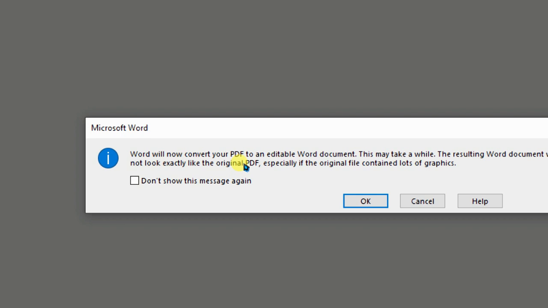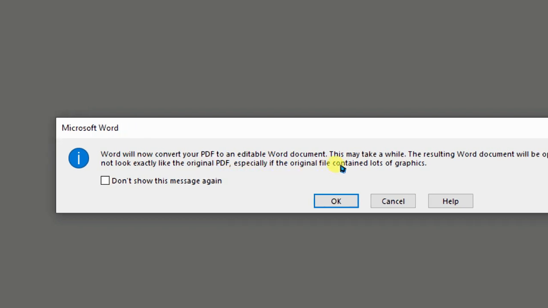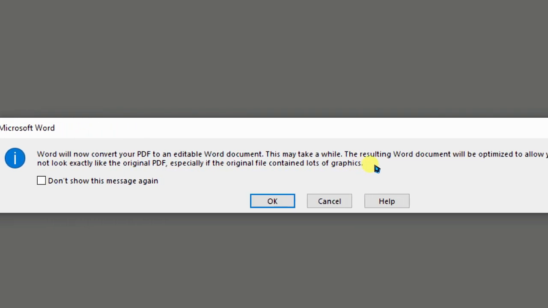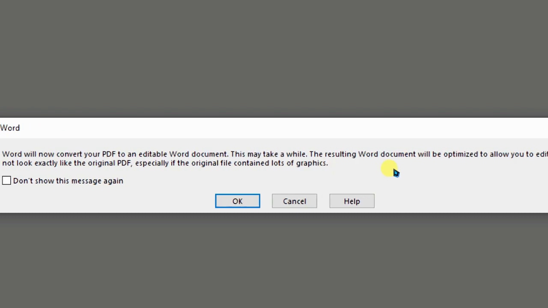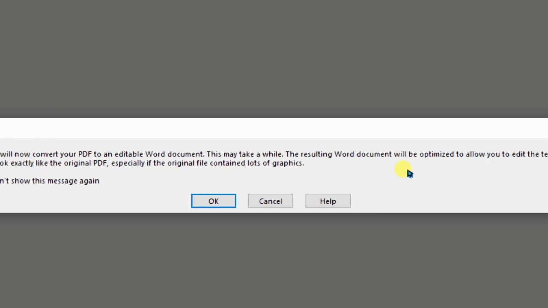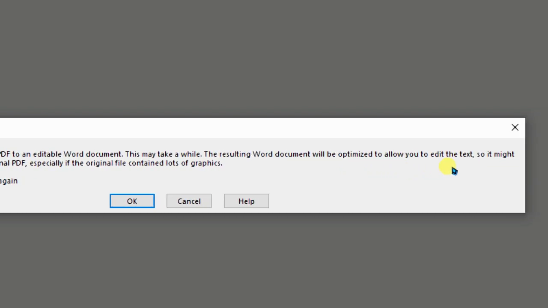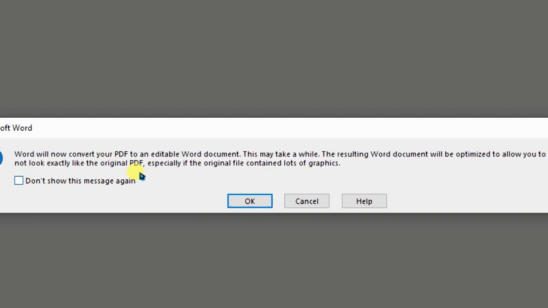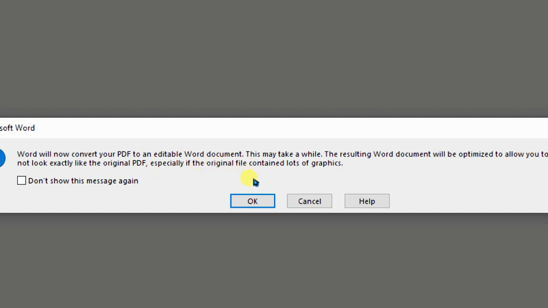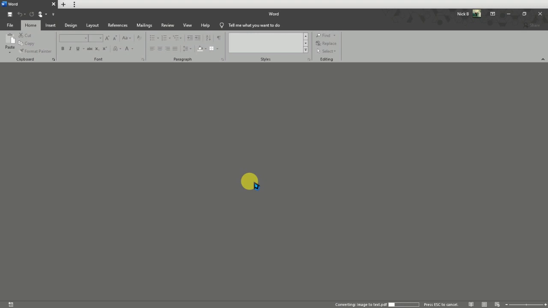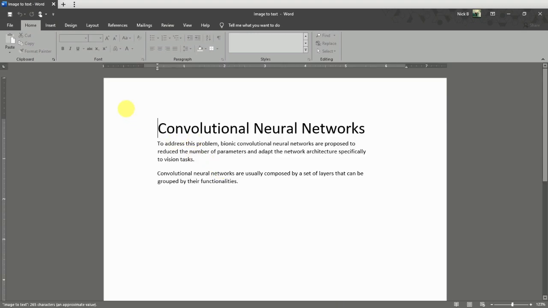This may take a while if your PDF document has more elements or large text. The resulting Word document will be optimized to allow you to edit the text, so it might not look exactly like the original PDF. Just click on OK, and now our image has been converted into text.